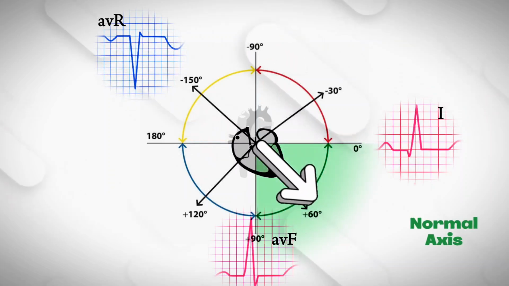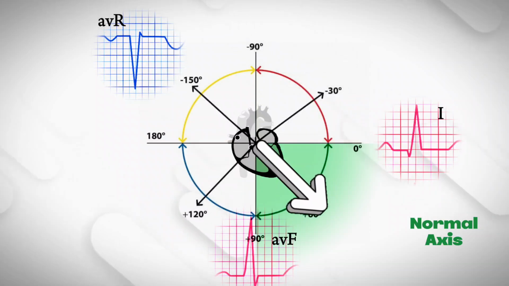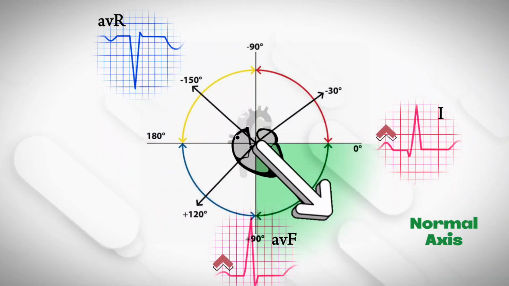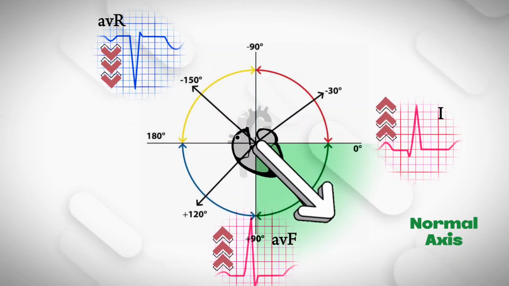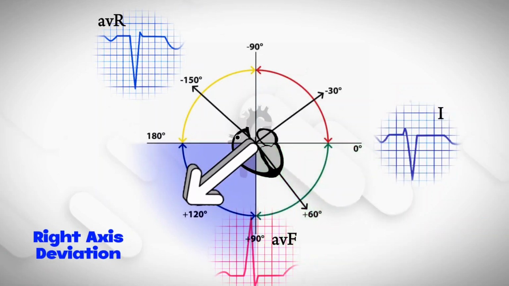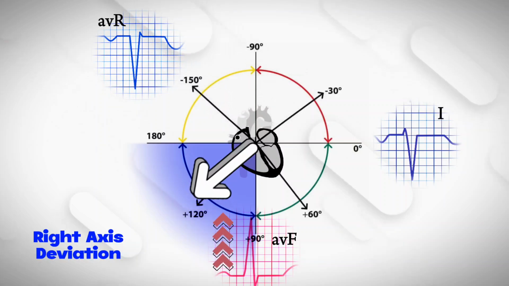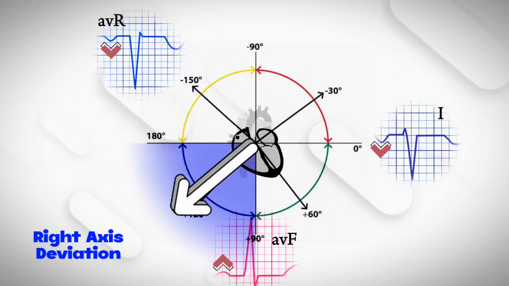In the normal axis, lead 1 and lead aVF are in the same direction as the vector, that's why they have positive deflection of the QRS complex. And lead aVR is in the opposite direction of the vector, so it has a negative deflection of the QRS complex. In the right axis deviation, lead aVF is in the same direction as the vector, that's why it has a positive deflection of the QRS complex. While lead 1 and lead aVR have a negative deflection because they are not in the same direction